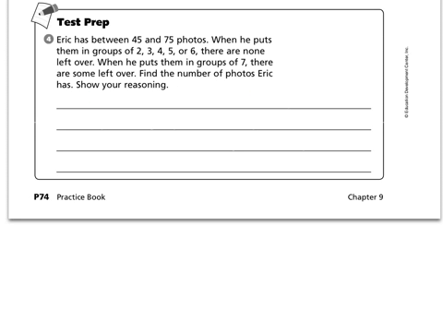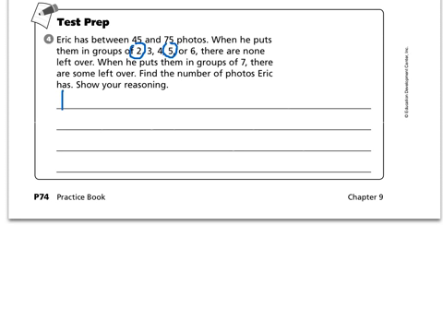Let's look at the test prep. Eric has between 45 and 75 photos. When he puts them in groups of 2, 3, 4, 5, or 6, there are none left over. When he puts them in groups of 7, there are some left over. Find the number of photos Eric has. Show your reasoning. So I know that it's important to think of 5 and 2 because 5 and 2 only